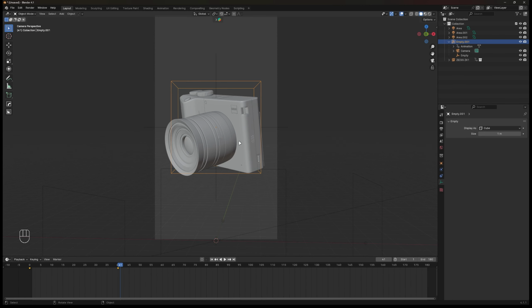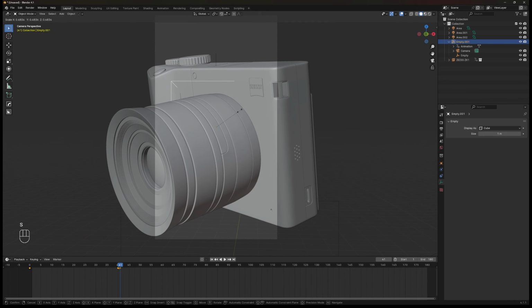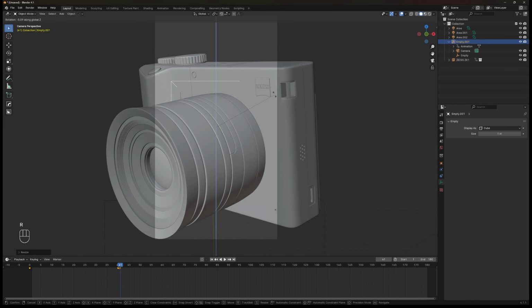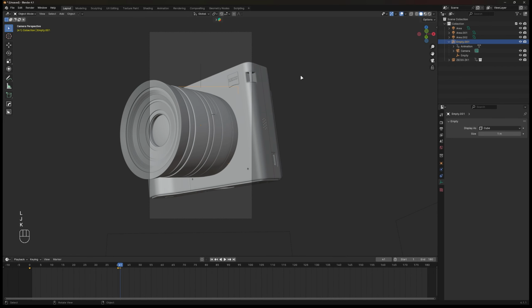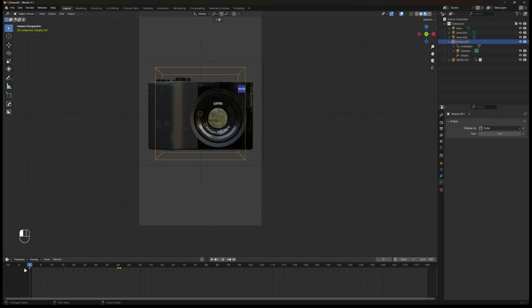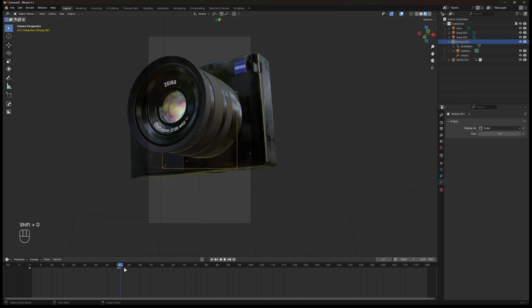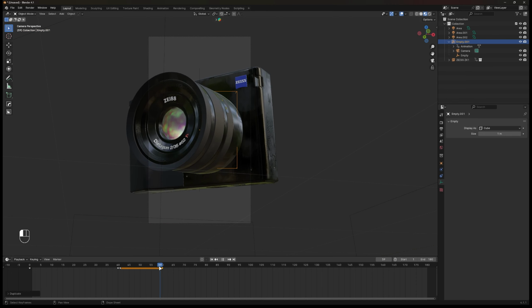On the timeline, set the frame to 41 and add a keyframe there. Scale the empty cube to zoom the camera and rotate the empty too, because I want to focus on the lens on this cut. Duplicate the keyframe on frame 41 and place it on frame 60. Set the frame to 61 and put a keyframe there.